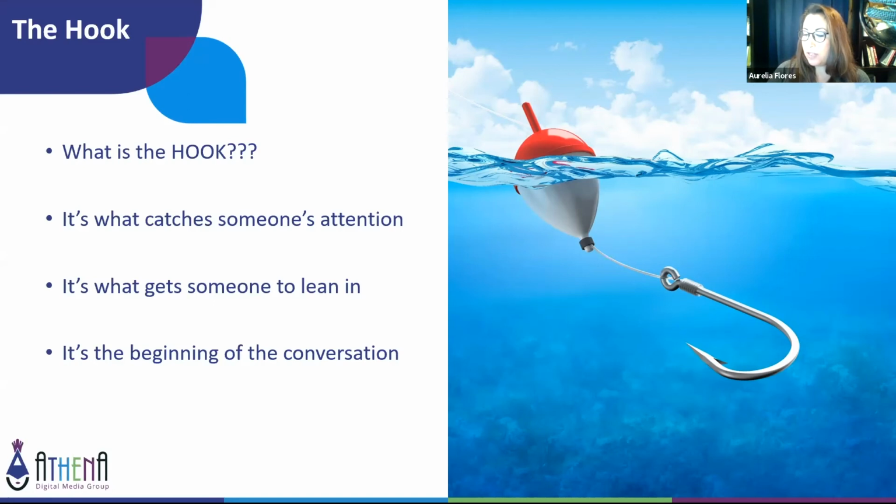So Max, one of the things you had said is that you're down to earth and funny. That's your brand. So that hook might be something like, do you want to laugh with your protein bar, or whatever it is, right? You want to stop somebody in their tracks and get them to lean in,